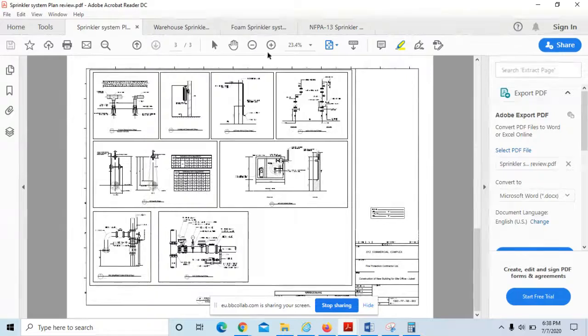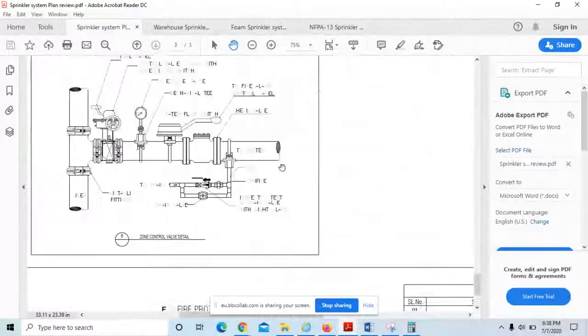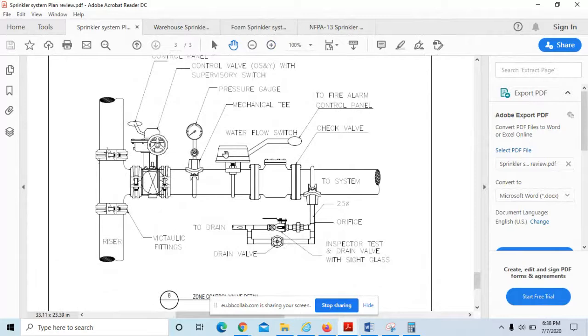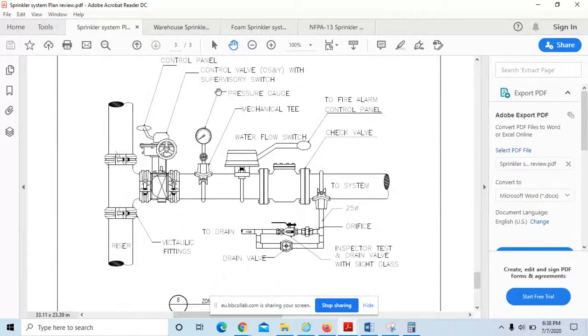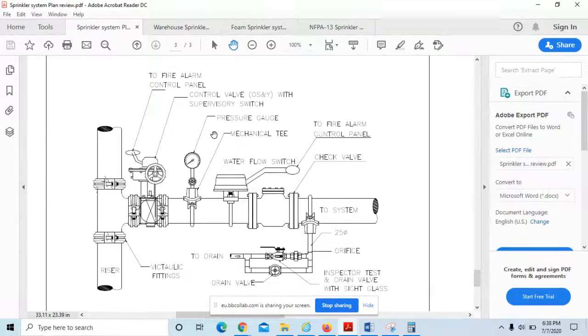And then they have given the requirement for a zone control valve. This project doesn't require a zone control valve, but they have used it unconditionally. This is only one small floor office area, and they have used the zone control valve just to make more money for this project. They don't need a zone control valve for this one, right? So these are some of the equipment of the zone control valve. It works as an isolation valve for maintenance. Zone means if there are more than three stories. I don't remember exactly. As per NFPA 13 requirement, if the floor area is higher than that, or if the number of stories is more than 3, we need a zone control valve.